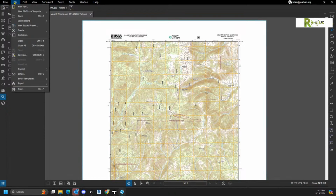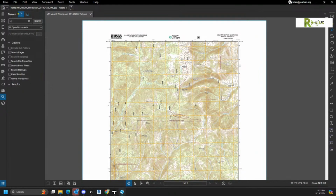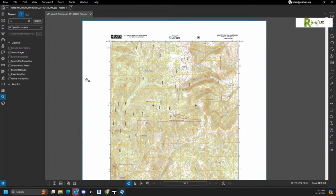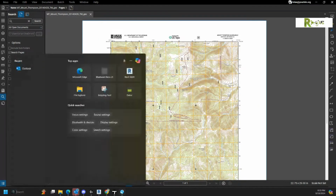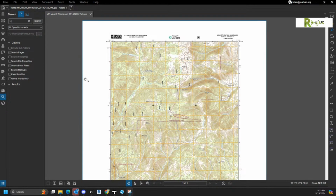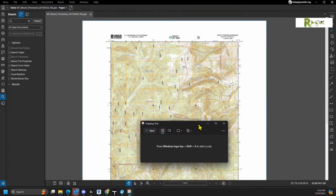You could go File, Print, or do an export to an image, probably from Bluebeam. Yep, right there, I can export it to a JPEG. I'll be honest with you, I do things over and over the same way that I've had good success at. What I would probably do with this is take two snippets. So I would use the snipping tool, and Bluebeam has a snipping tool. You might be able to do it with Bluebeam, but my typical way of doing this is